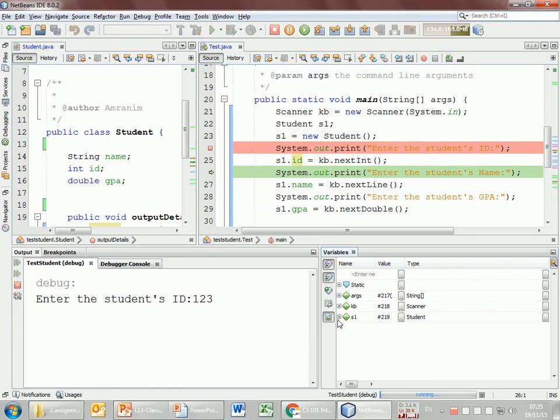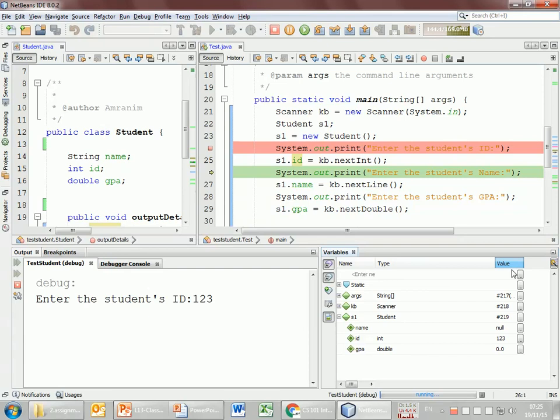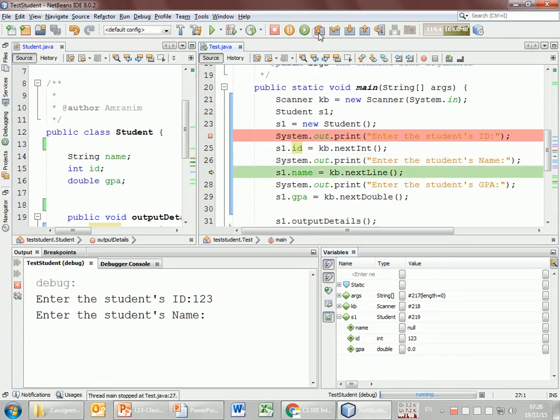Why did I save this? Inside s1.id. So you can see that s1 here. If I click on it, I can see three things. The ID now has 1, 2, 3, and it's better to have the value there, so I can expand this. So this is the value of my variable ID. Okay, now it's about to execute this line. Let's do it. Now student name, and